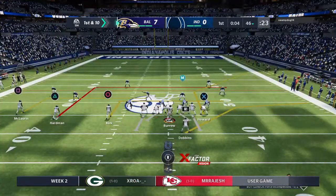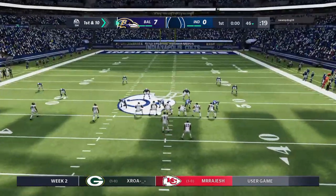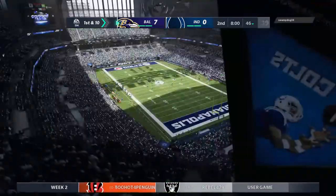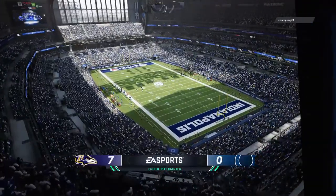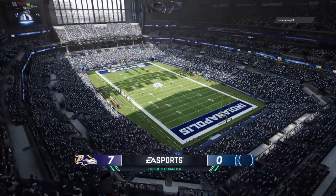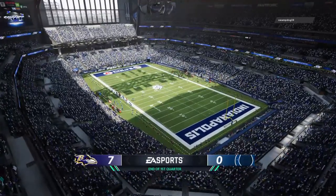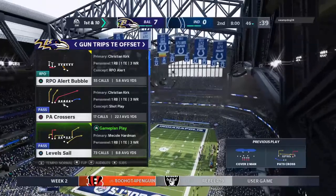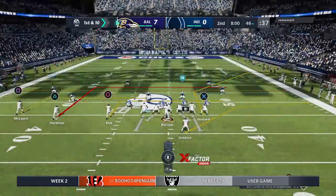Okay, ready? After one, 7-0 on EA Sports. Ravens 7, Colts nothing. I don't want to seem absurd, but that boy's a gangster. Focusing on me, way from Tel Aviv. Barbados with the hustle, pockets,